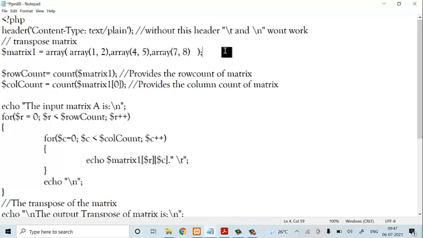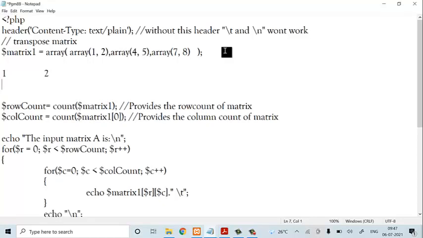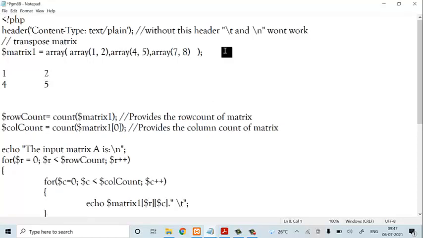Understood? Now I'll explain the output. For example, if you have 1, 2, 4, 5, 7, 8, this is your entry in your array. Now this has to be converted into columns. The rows should be converted into the columns.